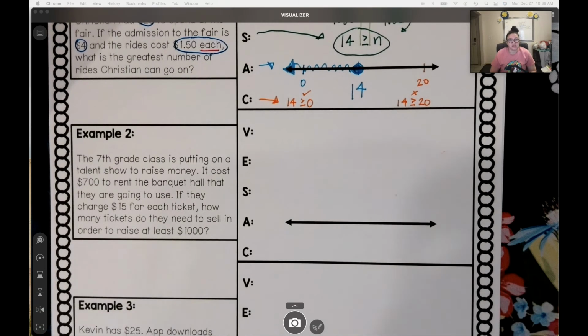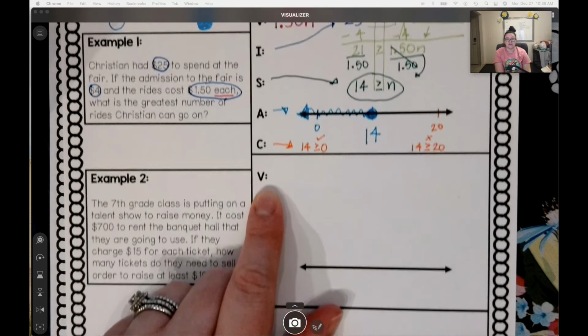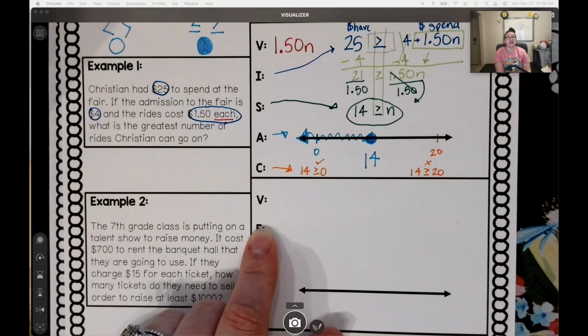Example 2. The 7th grade class is putting on a talent show to raise money. It costs $700 to rent the banquet hall that they are going to use. If they charge $15 for each ticket, how many tickets do they need to sell in order to raise at least $1,000? So go ahead, try figuring out the variable and the